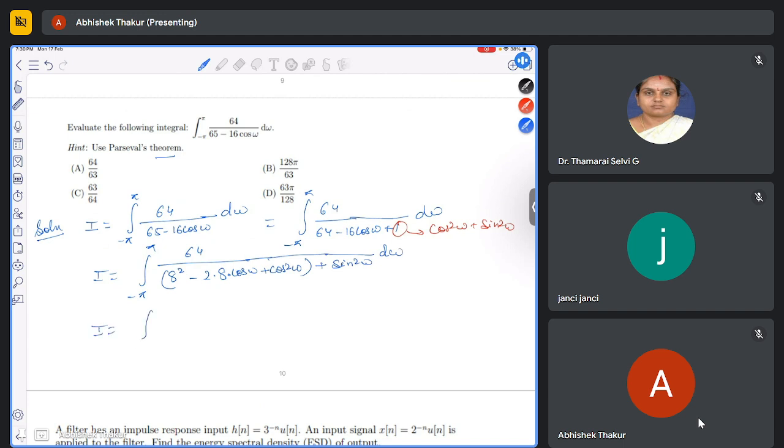So what I will become is the integral of 8 by 8 minus cos omega plus j of sin omega